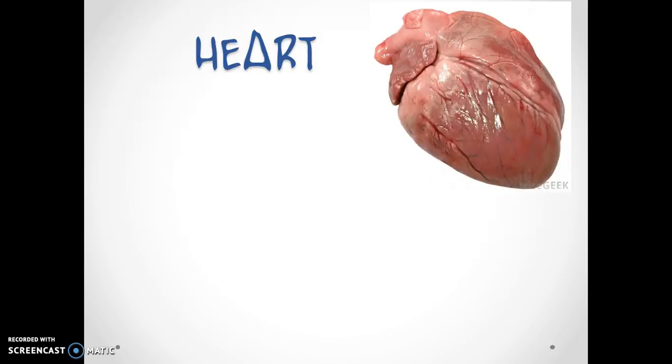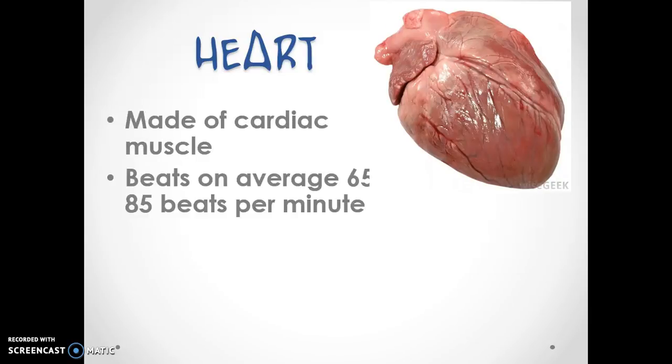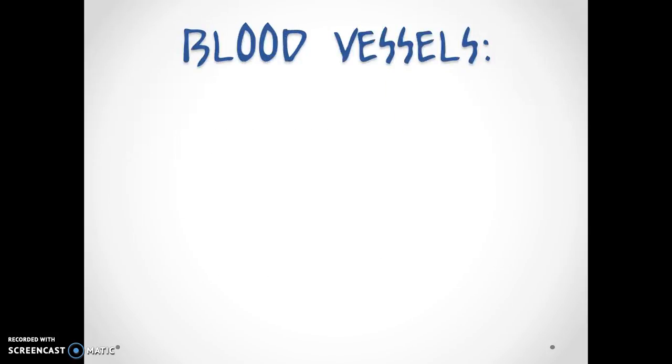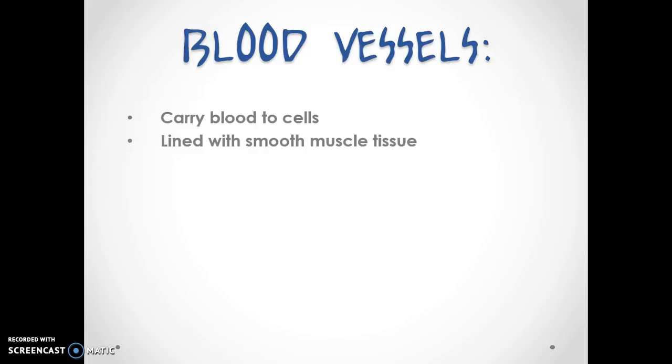And for the heart, it is made up of cardiac muscles. It beats on average 65 to 85 beats per minute for humans, and it pumps to circulate the blood throughout the body. Next, for the blood vessel, it carries blood to the cells,